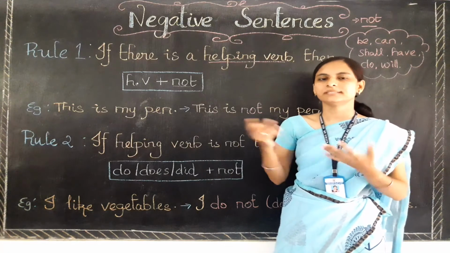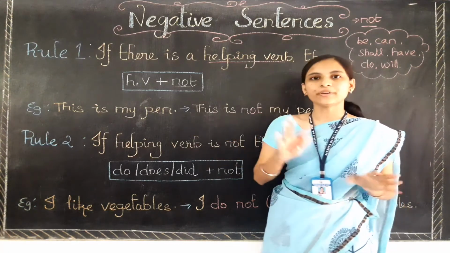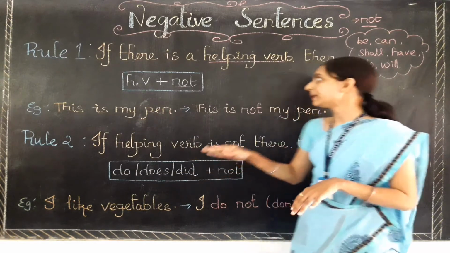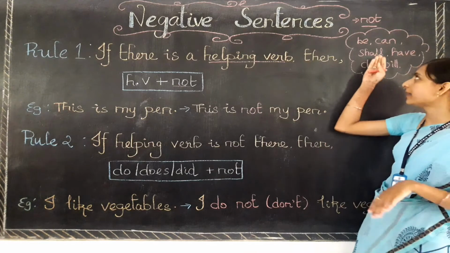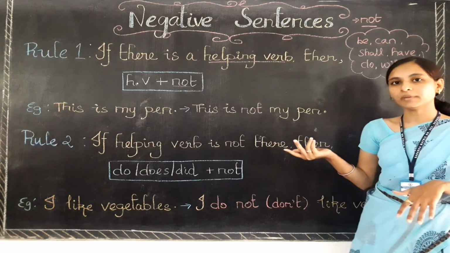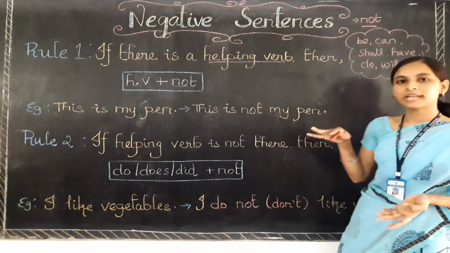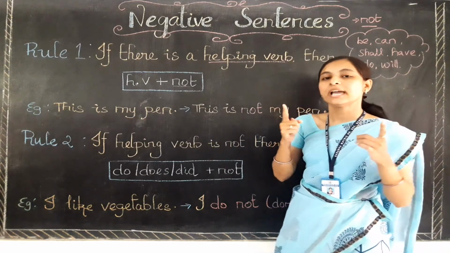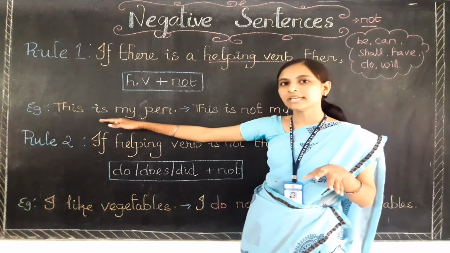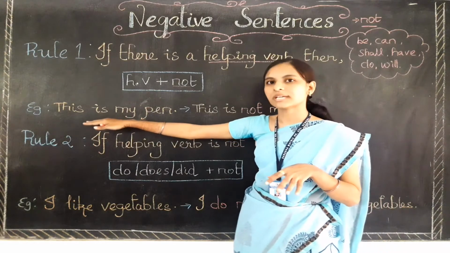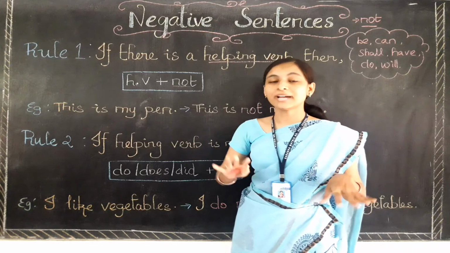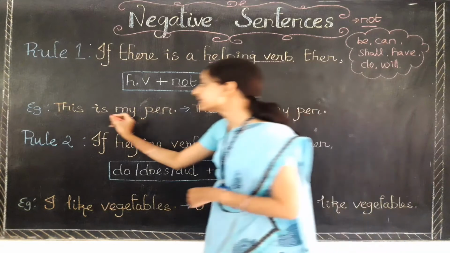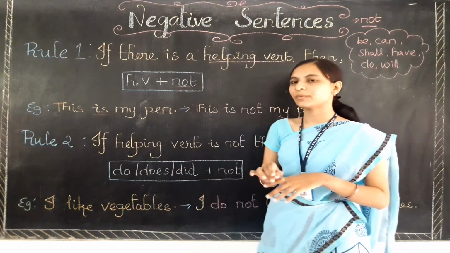Idu vandu em pen. That is the meaning. Okay. So can you find any helping verb here? Helping verb means these are the verbs only. If you find any be family verb or do family verb or can family verb, can you find anything? Yes, after the subject only it will be present. That we know already, right? Helping verbs are always present after the subject only. So you need to check whether is is a helping verb. Yes, is refers to be family verb. So is is a helping verb only.